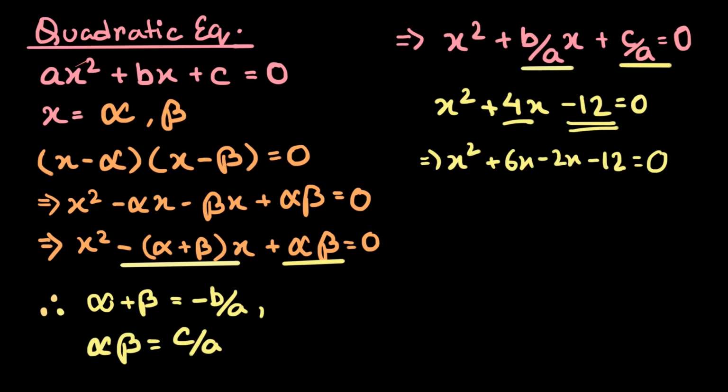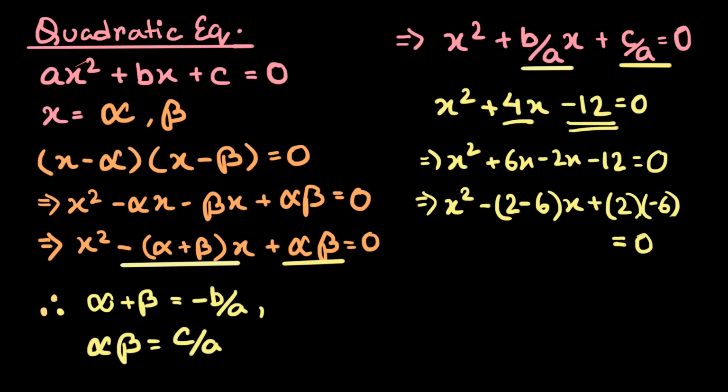So let's break the middle term and rearrange this. Let's take x common and split the 12 into its factors. Now, doesn't it look familiar to this form on the left? Exactly. All these years when we were doing middle term break, we were breaking the middle term to get to this format.